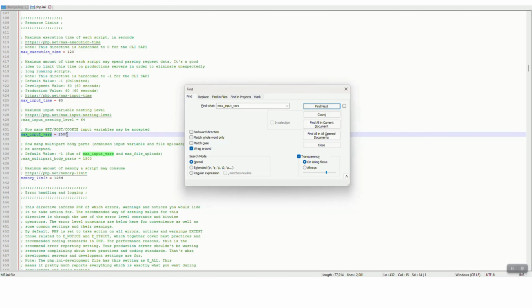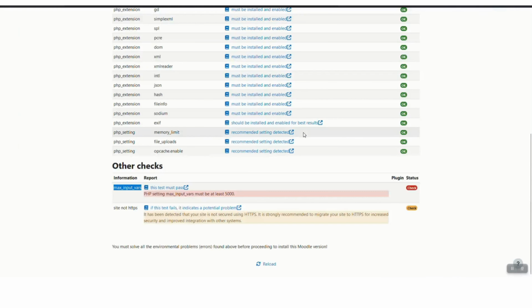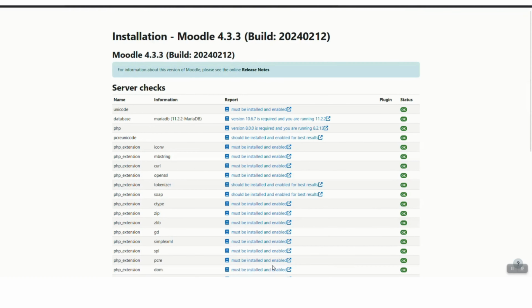So here you can see that as of now this is set as 2500. So let us make it 5000, which is the minimum recommended value. Now just click close for the search and click save for this php.ini. Now I will be going back here and seeing if it shows now, but I am pretty sure that it